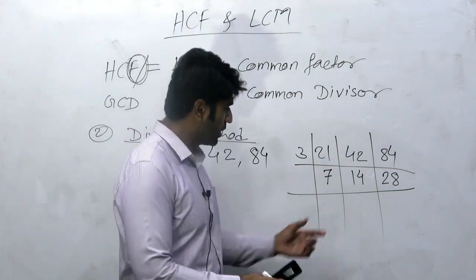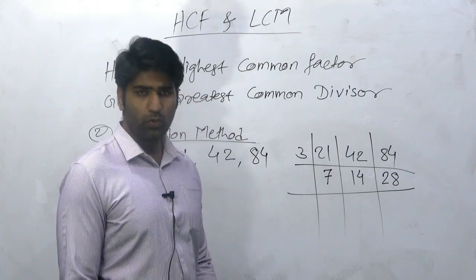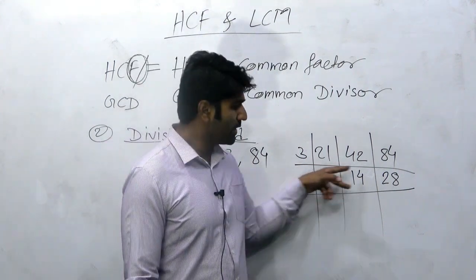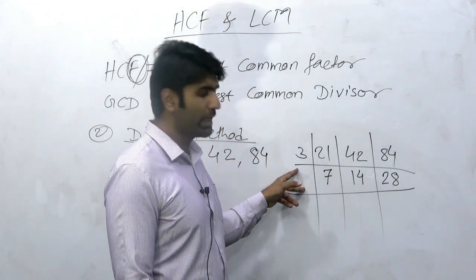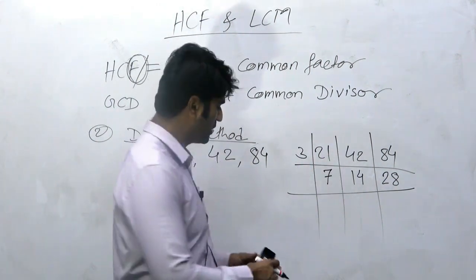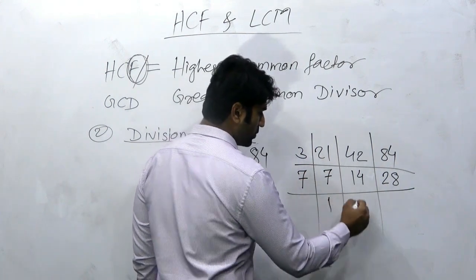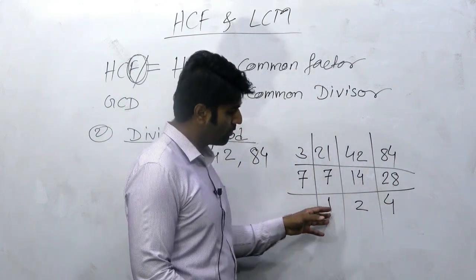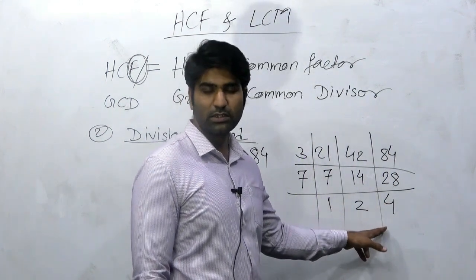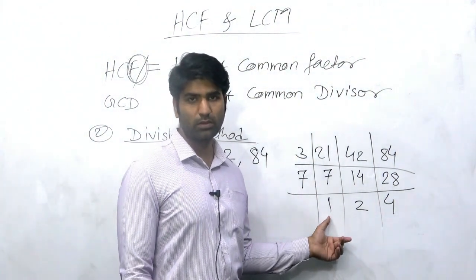Okay, again now 7, 14 and 21, these three numbers are there. So we want a number which can divide all these three numbers. So there is a number 7 which can divide all the numbers. So let's take 7. So 7 ones are 7, 7 twos are 14, 7 threes are 21. So there are numbers 1 to 3 and these numbers cannot be divided by any one number.